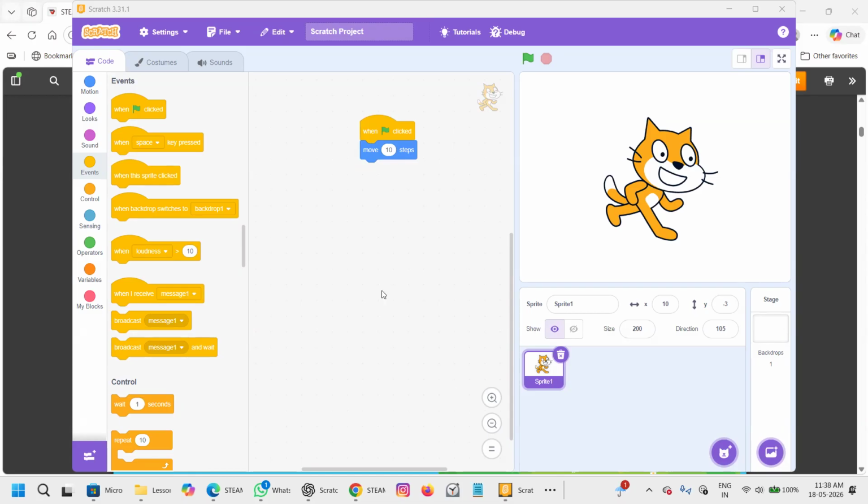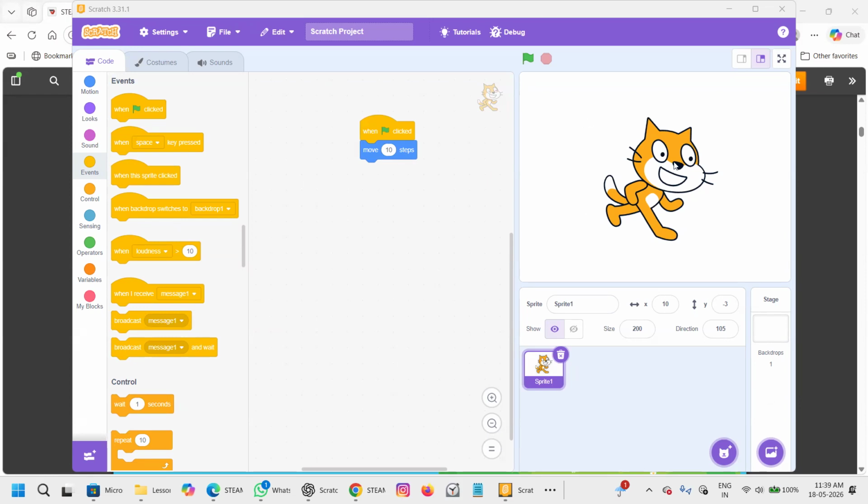What are you doing here? You're doing something. Coding area, absolutely correct, sir. We call this the coding area or programming area. Coding area, programming area. So we have learned the sprite. We have learned the blocks or instructions or codes. And when we bring the blocks to that area, we call it the coding area or programming area.